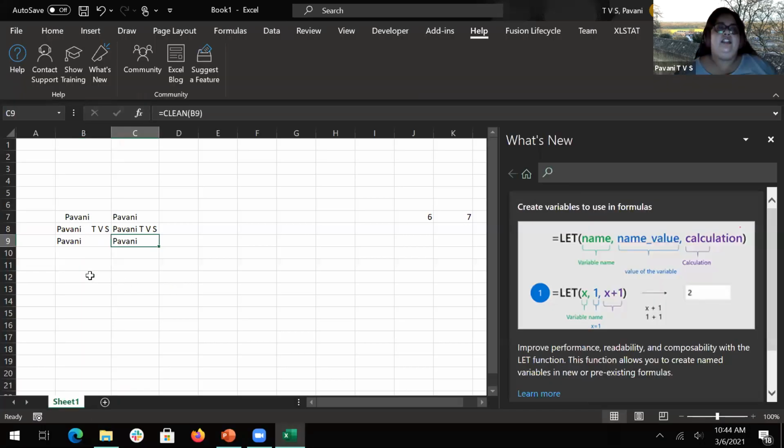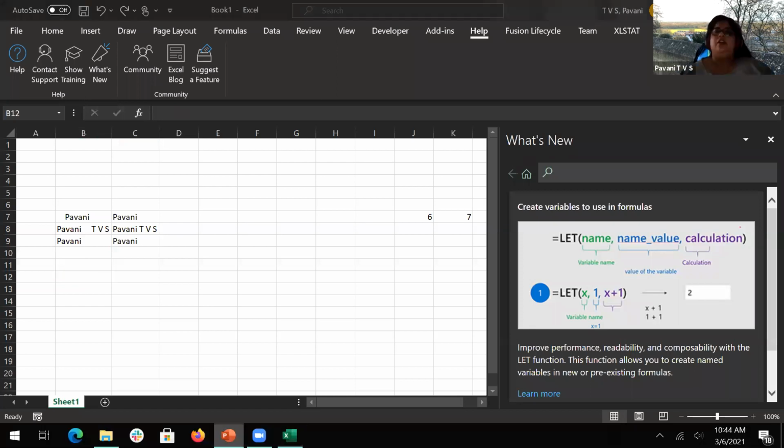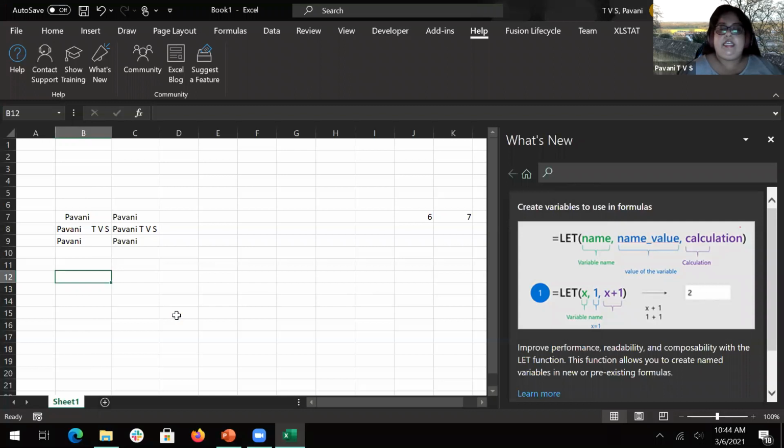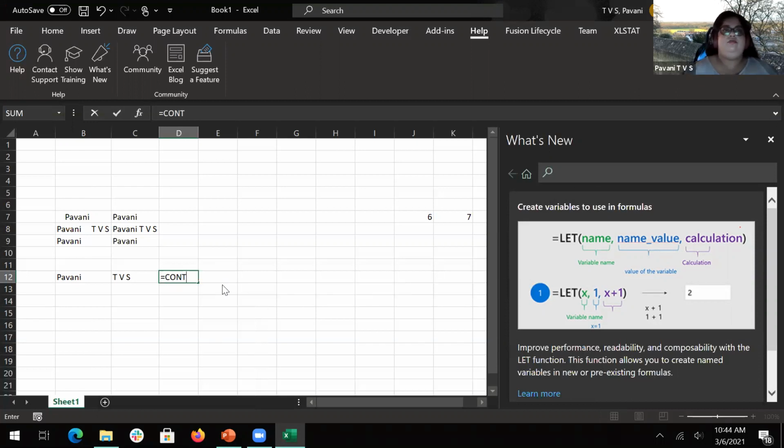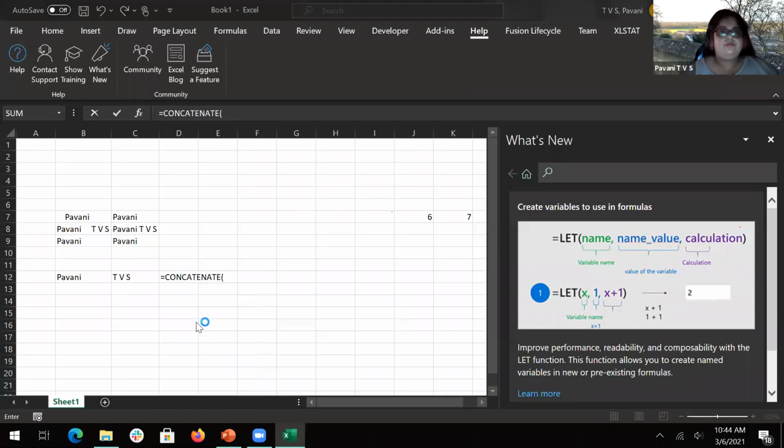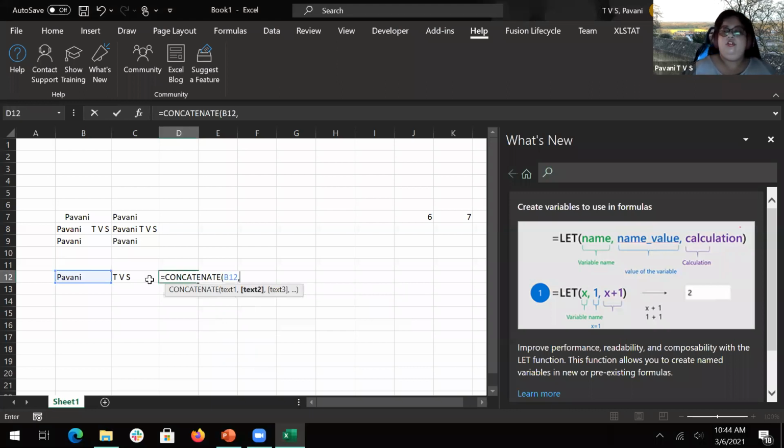So next is concatenation. Concatenation is very important, which we use. Say you want to join two different cell values. Equal to CONCATENATE, this is the A value, and I'm saying leave a space in between, and this is the B2. So this is concatenated. You saw my name has been concatenated. I gave it in two different cells. In a similar way, you can concatenate with a number or something.